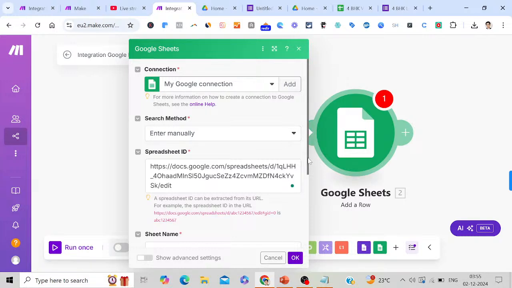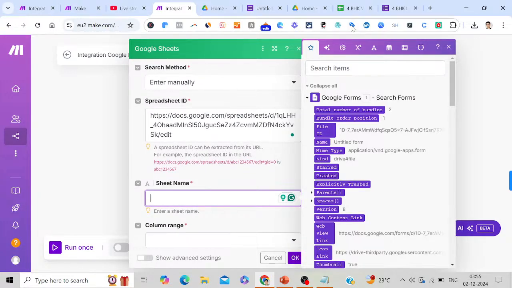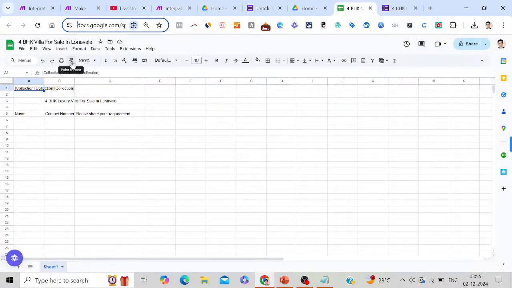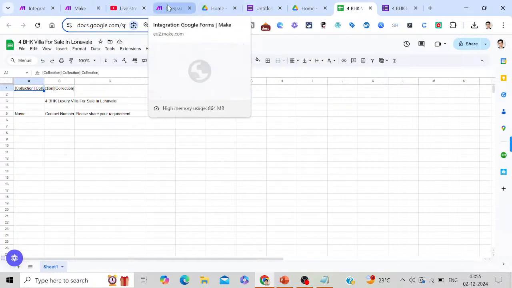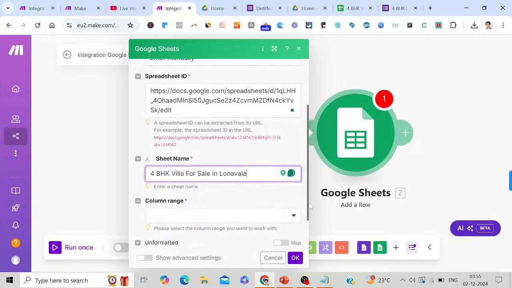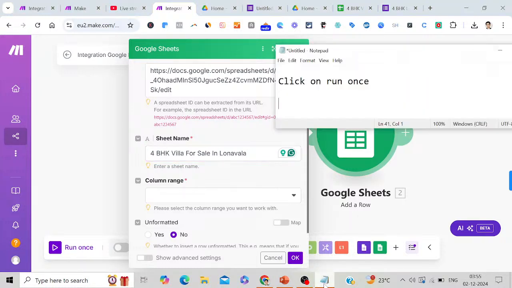Go back to the sheet here. Now you have to enter the sheet name. What is the sheet name here? You have to enter all the information. So: 4 BHK villa for sale in Lonavala. You have to enter the sheet name. Okay, enter all the information. Then your module will be set up. Okay, so here once you enter your sheet name,